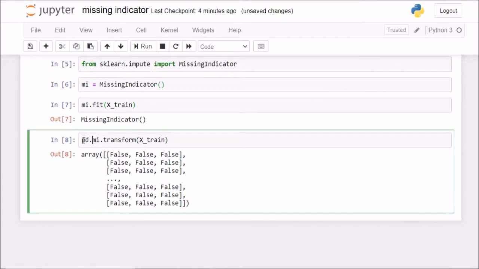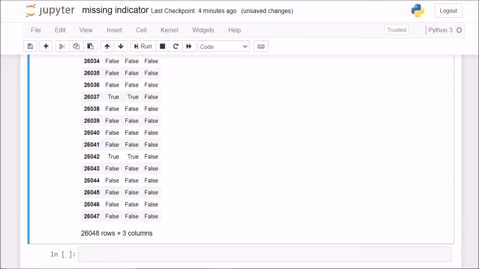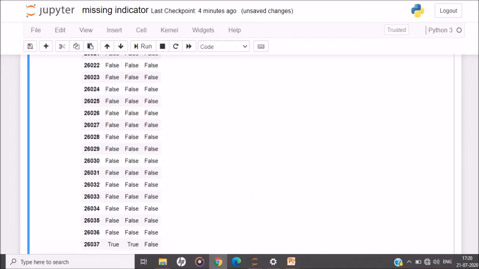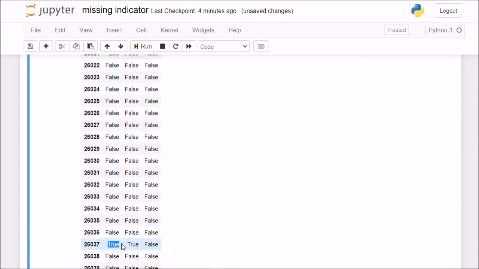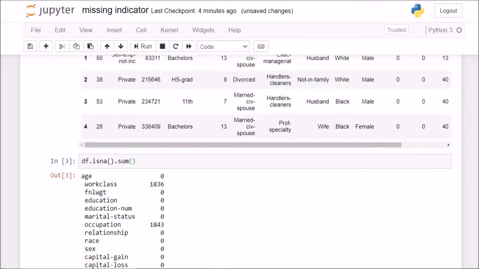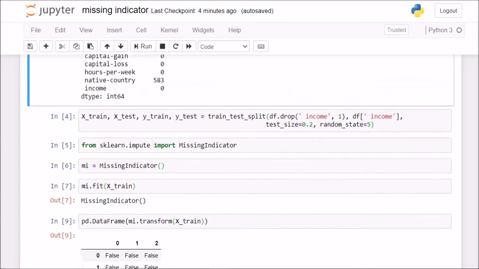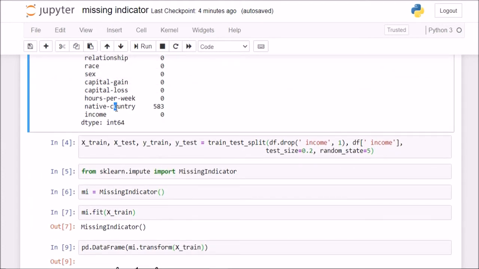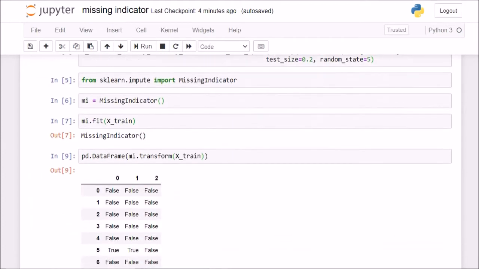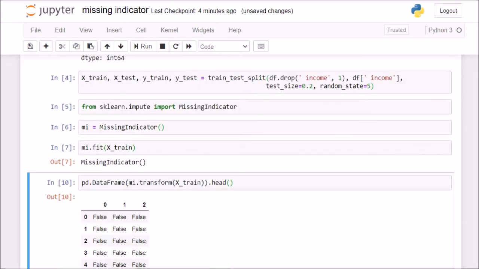If I do a pd.DataFrame on this, it tells me that in this row, for the first 2 columns, the workclass and occupation columns, both were missing, and the native country was not missing, so that was true, true and false. So this is all about missing indicator.